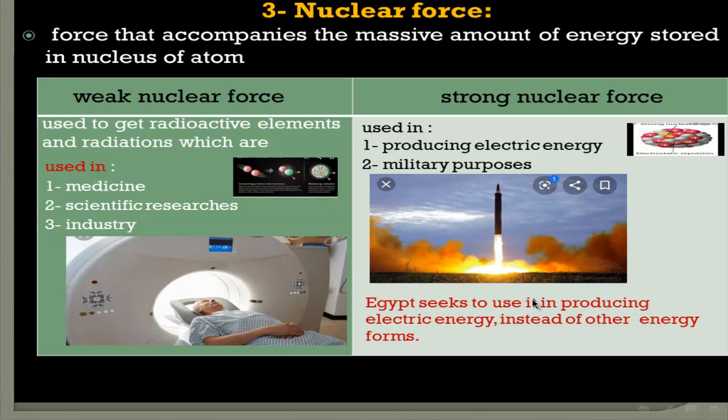We have a very important note here: Egypt seeks to use strong nuclear force in producing electric energy instead of other energy forms. Okay,